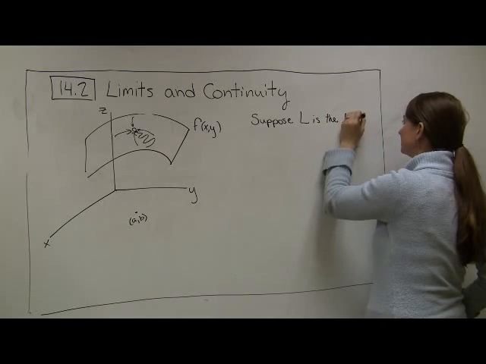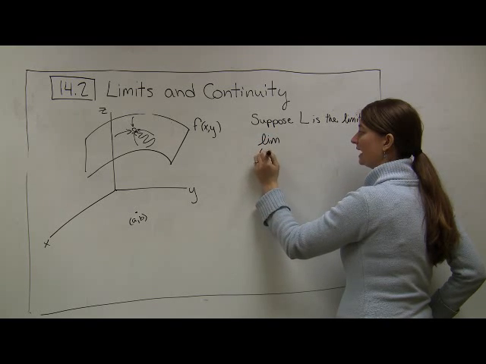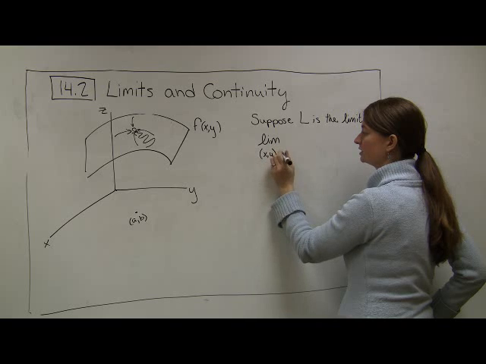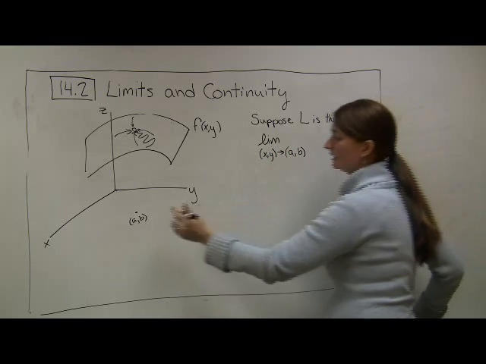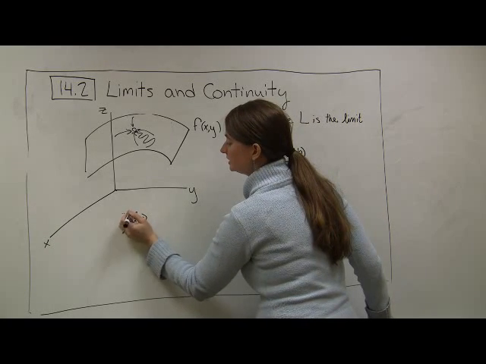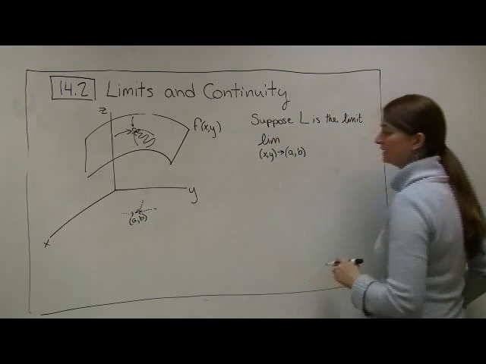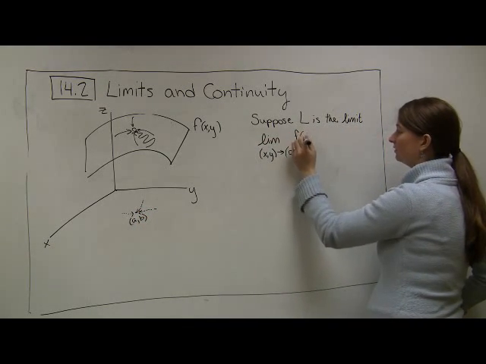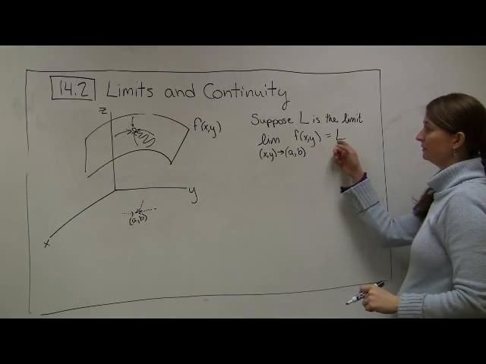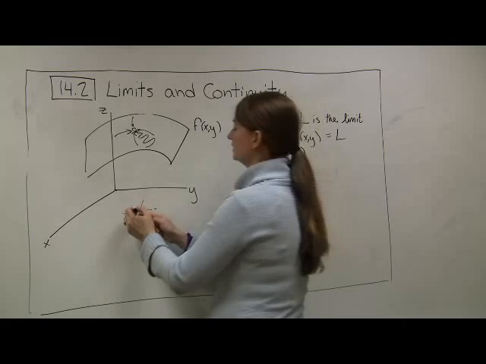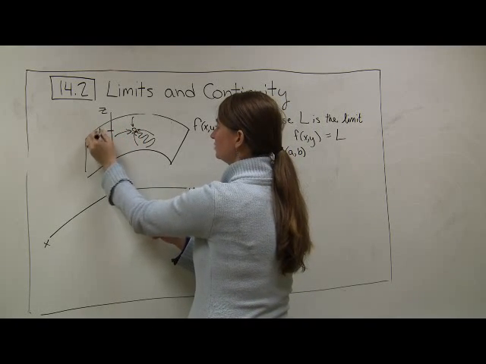And we write this, that the limit as my x, y ordered pairs approach the point a, b, meaning that I'm going to have a whole set of ordered pairs down in the xy plane, and they have to approach my point a, b, of our function f of x, y is equal to L, meaning that our output at a, b gives us a limit value, a z value, of L